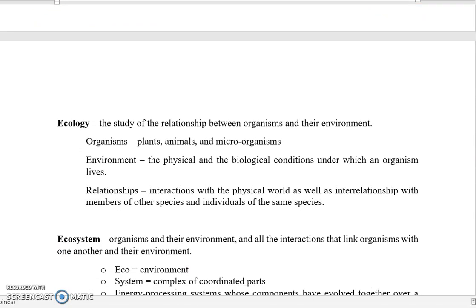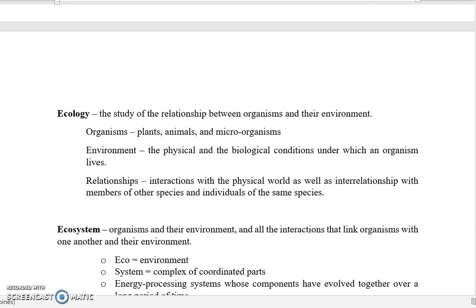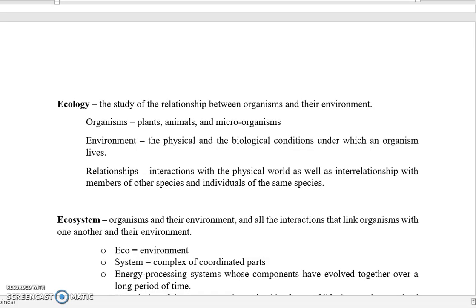Now, for this course, we adopt this definition of ecology. Ecology is the study of the relationship between organisms and their environment. When we say organism, those are the plants, animals, and all the microorganisms present in that particular location. Macro and microorganisms. When we say environment, that is the physical and the biological conditions under which an organism